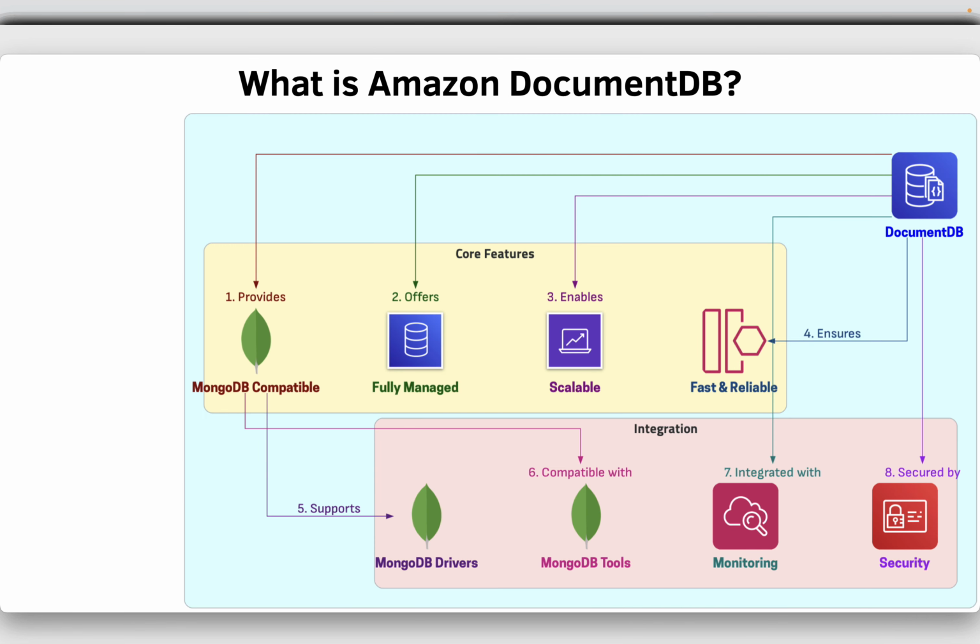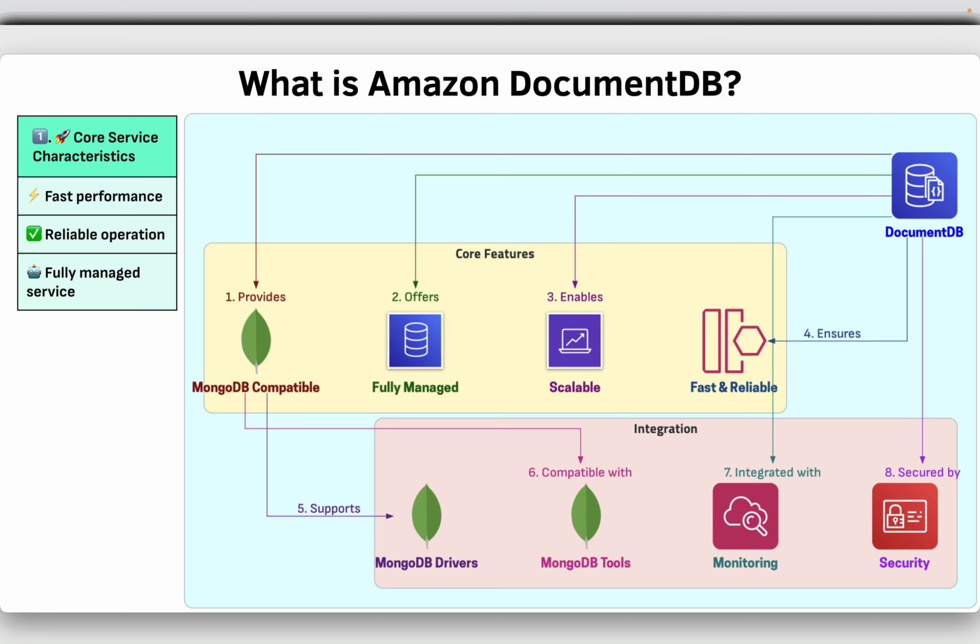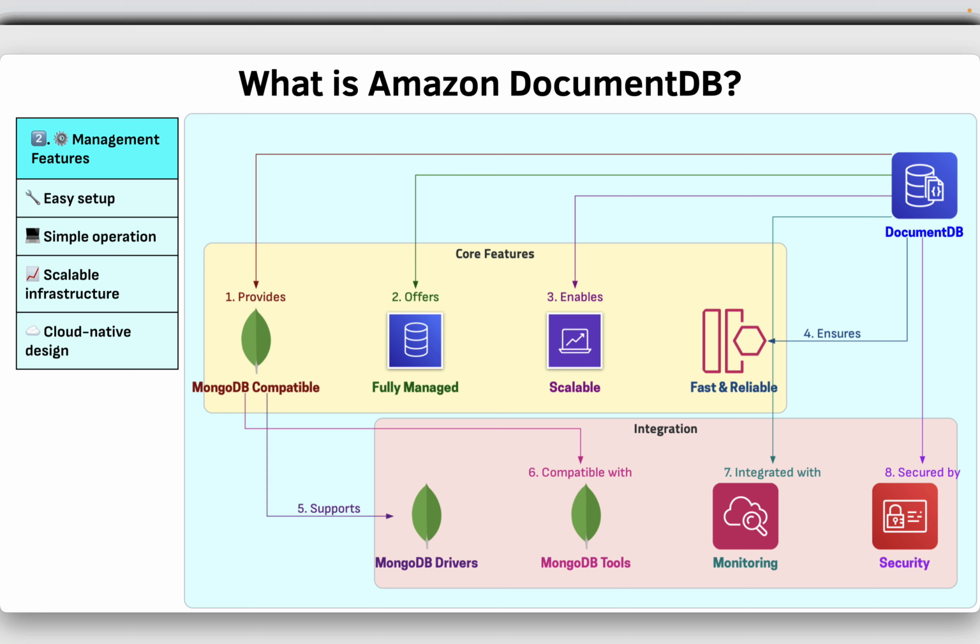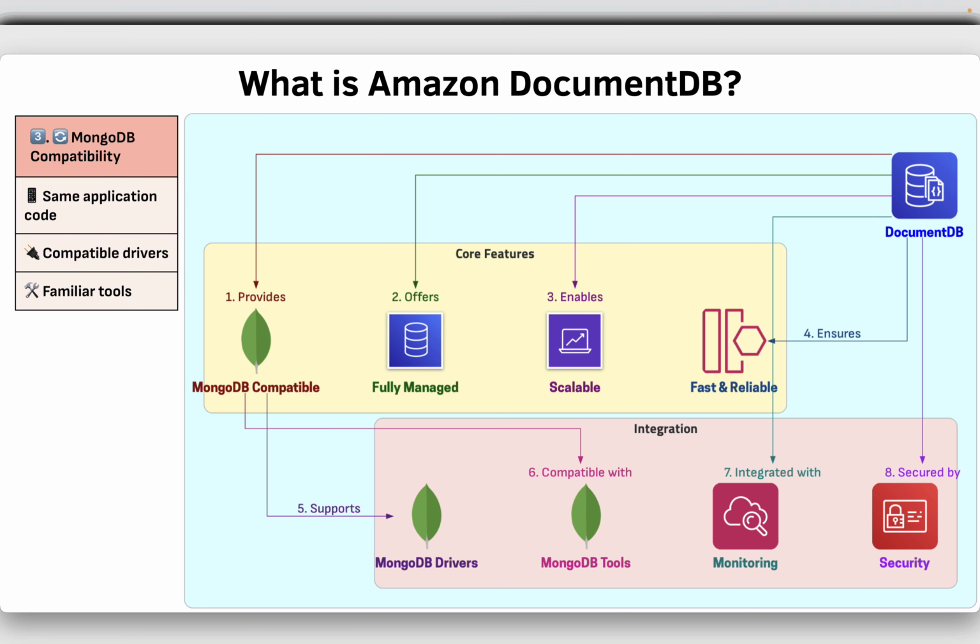So what is Amazon DocumentDB? Amazon DocumentDB with MongoDB compatibility is a fast, reliable and fully managed database service. Amazon DocumentDB makes it easy to set up, operate and scale MongoDB-compatible databases in the cloud. With Amazon DocumentDB, you can run the same application code and use the same drivers and tools that you use